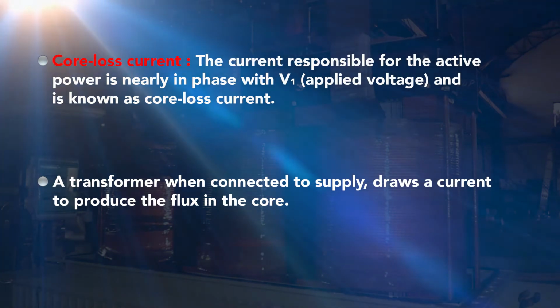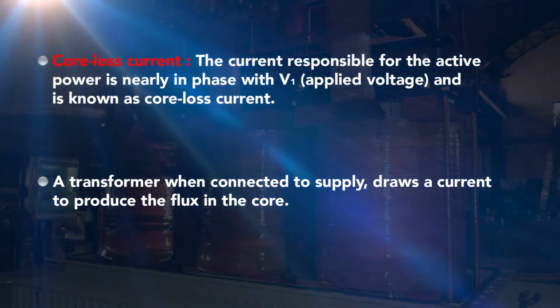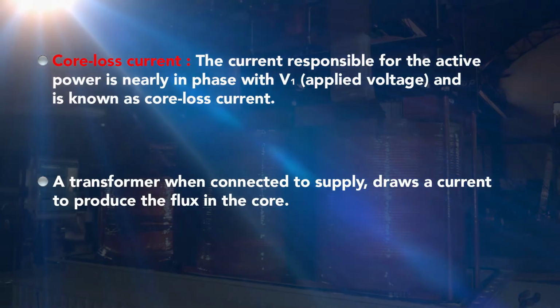and due to this rate of change of flux, an EMF E1 is induced in the primary winding. When this flux links to the secondary winding, that means due to the rate of change of flux at the secondary side, this flux will link with the number of turns N2, so E2 is equal to minus N2 d phi over dt. So due to this, the EMF E2 will be induced. If any load is connected, then you can take the supply from the secondary winding. But because we are discussing the transformer at no load, the secondary current is 0, or you can say the secondary side is open.